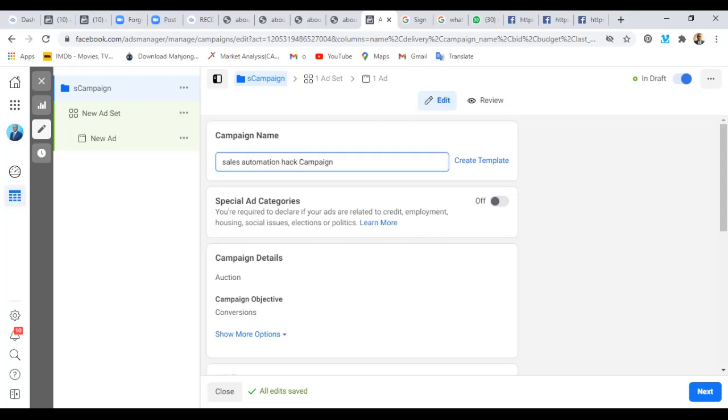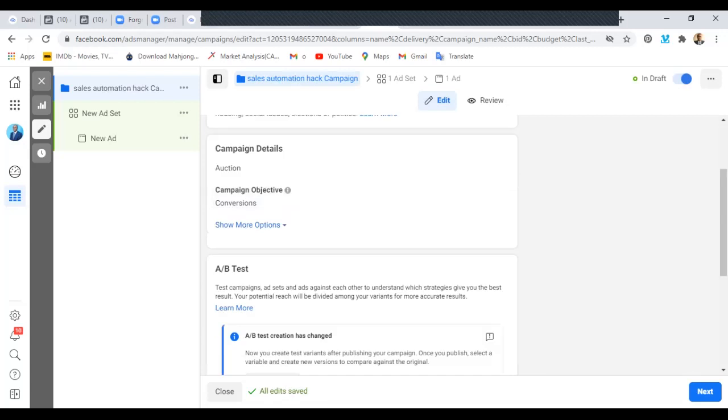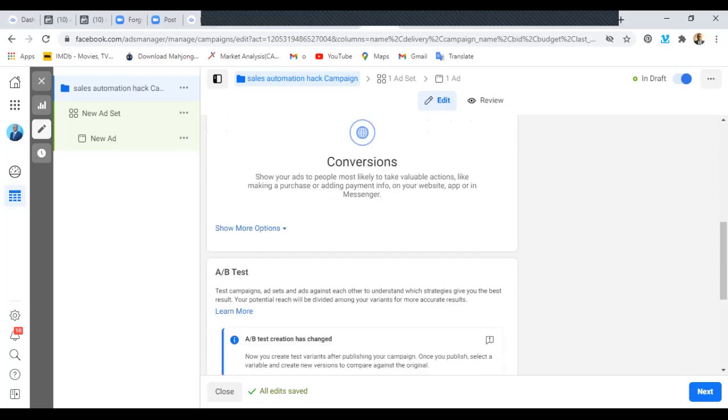campaign. All right. Leave out these special categories, except you're doing something related to credit, elections, or politics. But if you're already using this, it's not really attracting you. This is for people that are really doing business and want people to know about their brands and what have you. So, yeah, if you click on edit, it will still show you all the objectives. You already chose conversions. If you wanted to change, you can change here at this point, but we'll leave it